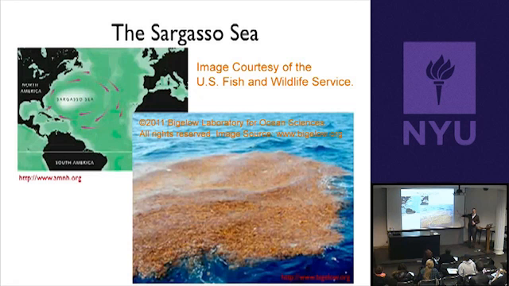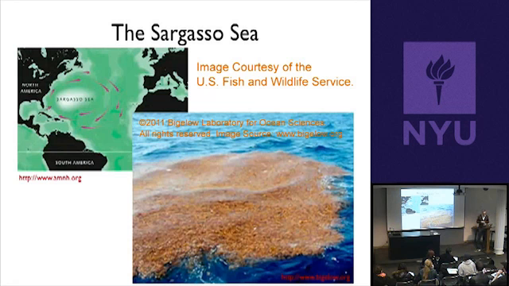It's thought to be a place that wouldn't support a lot of life. It's known that these algae were there, and it's known that certain large organisms use this as a migration route because they can use the algae as a form of protection. But other than that, it was thought to be pretty devoid of life. So this is a good test case. If you can get some seawater out and find actual DNA from living organisms that you didn't know were there, that would be really cool. So that's what they did.